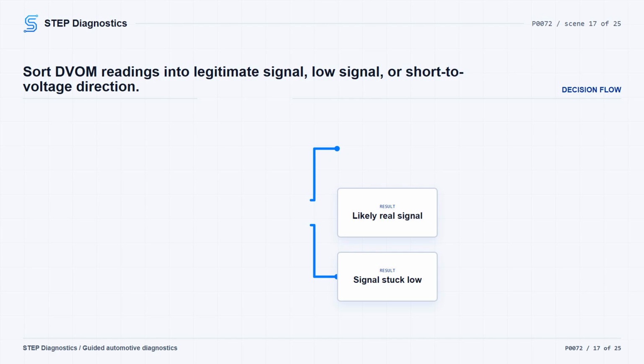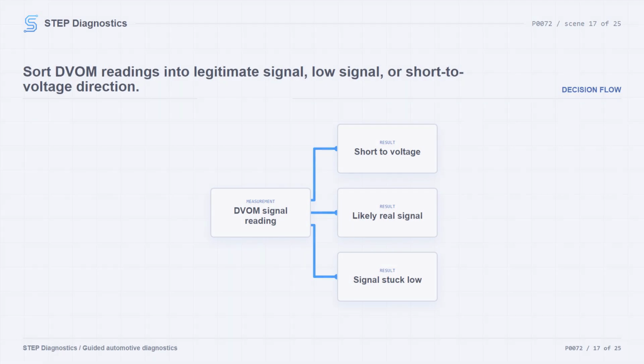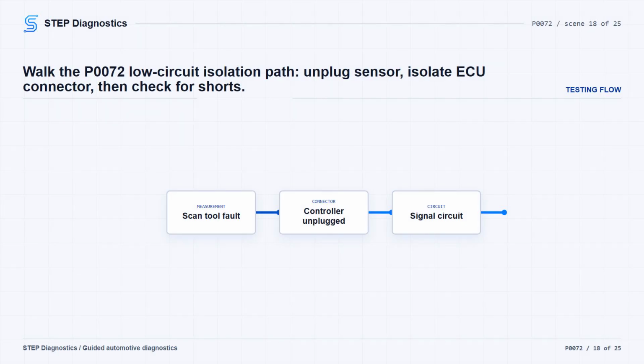suspect. If the signal is a constant 0.0 volts, that points toward a signal circuit shorted to ground and open between the ECU and sensor, or possibly a faulty sensor on an active circuit low fault. If the signal reading has a constant voltage above 6.0 volts, that points toward the signal circuit being shorted to another voltage supply. If the DVOM result sends you into circuit low isolation, disconnect the temperature sensor and ECU connectors